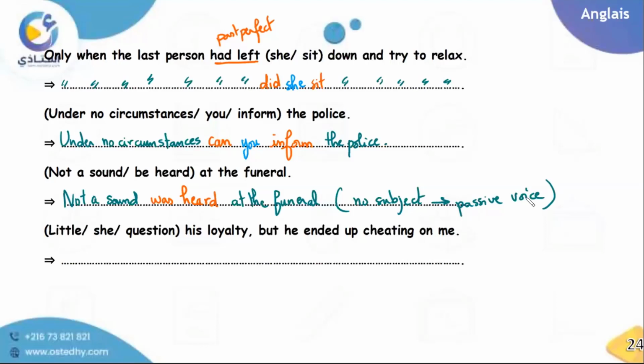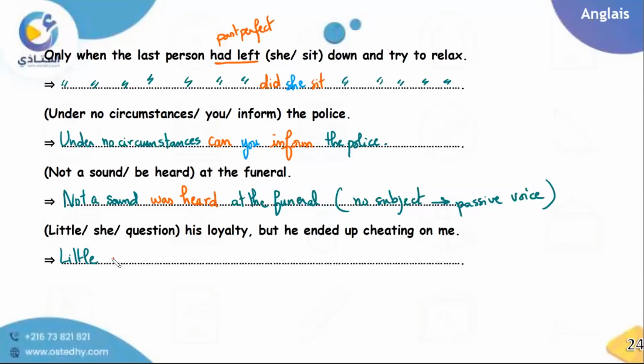Not a sound was heard at the funeral. This is the passive voice, so there is no subject here. Okay, now, after that, we have little. She questioned his loyalty, but he ended up cheating on me. So, little, then, she questioned his loyalty. Little,